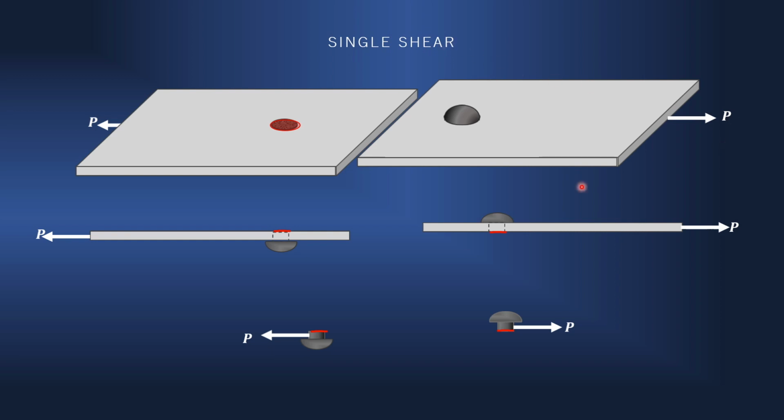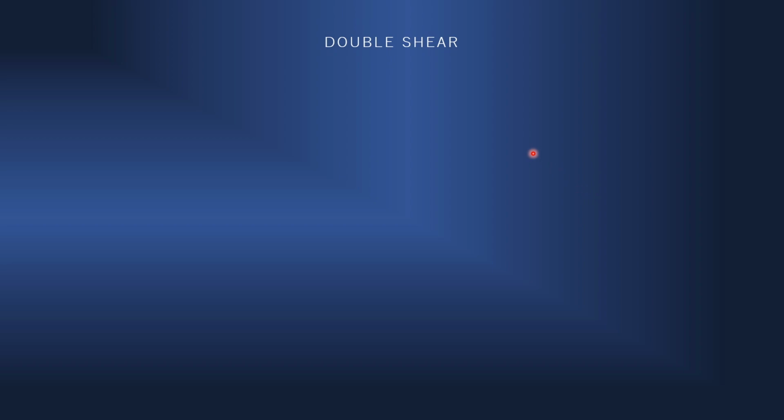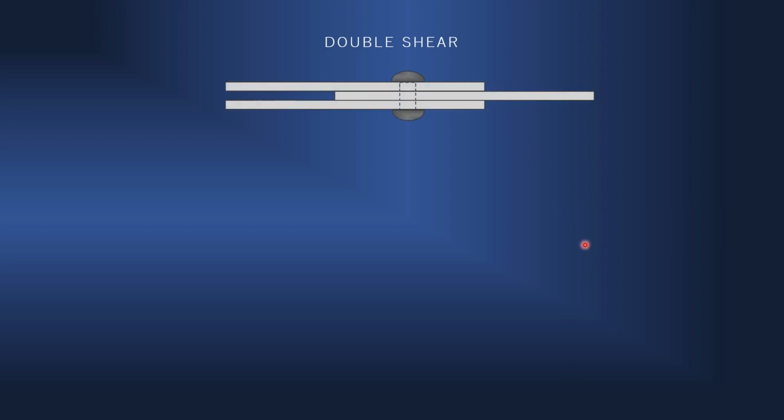Now let's compare it with double shear. Now here I am giving you an example of double shear. Here three plates are connected to each other by a single rivet. Force P is applied on the middle plate, and by symmetry, therefore, in the opposite direction there must be force P by 2 and P by 2, so that the sum of all forces acting on the joint is equal to 0. Now if you go on increasing force P, up to a certain limit this joint will be intact.